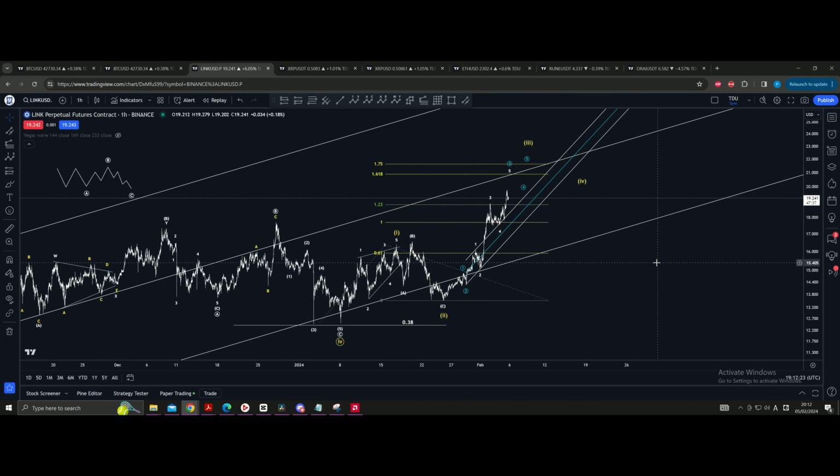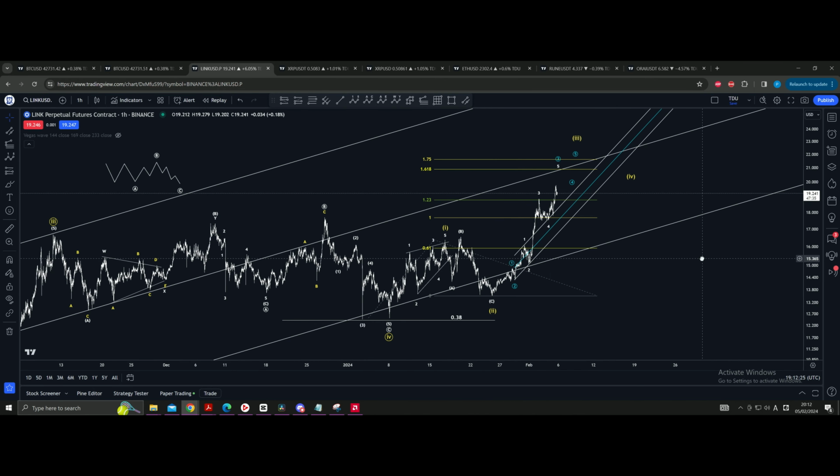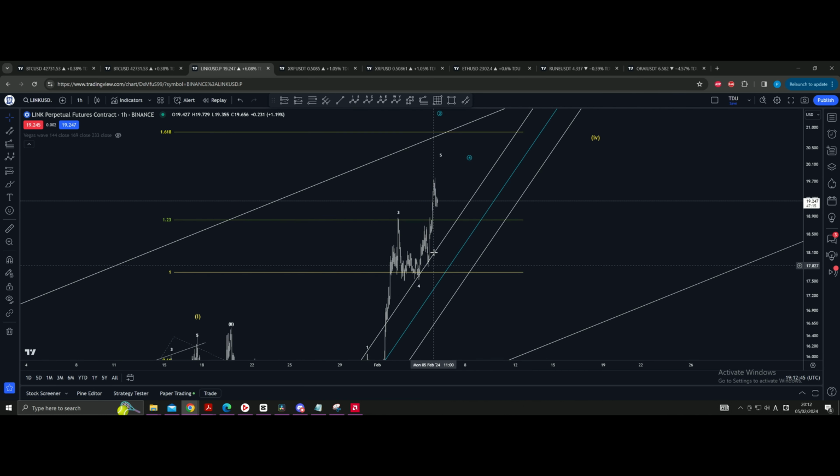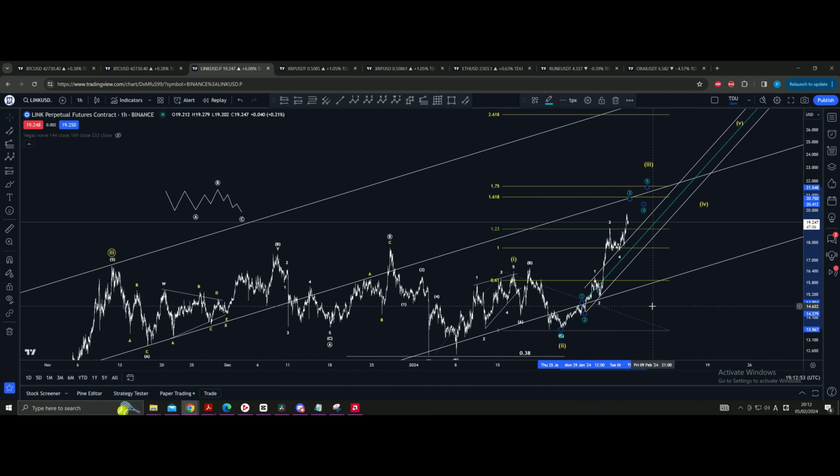So good news on Link. Last week I talked about, I think I said it still doesn't go. Well, it's going now, and I think that we're just completing the inner third wave. And this is 1, 2, 1, 2, 3, 4, and 5 is in the making. Perhaps one more. 1, 2, 3, 4, 5, 5 could be somewhere there, and that can be only the micro 3.